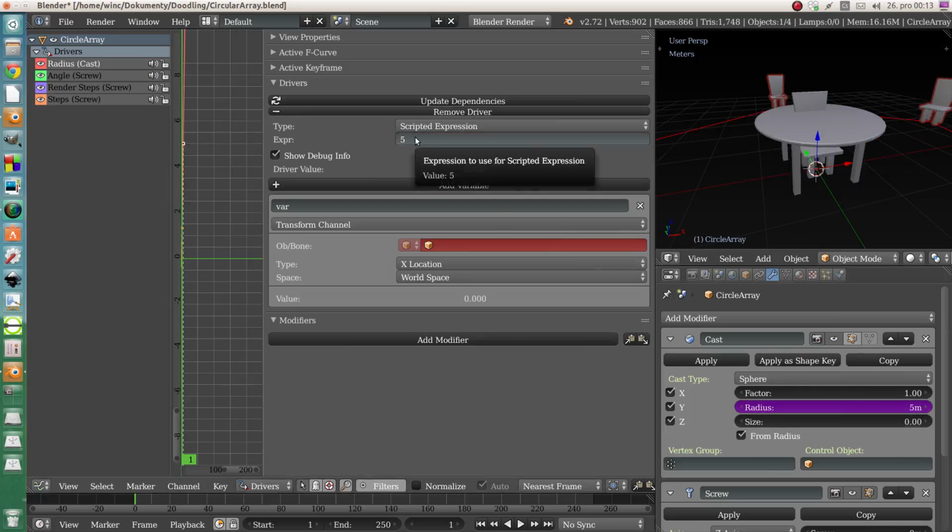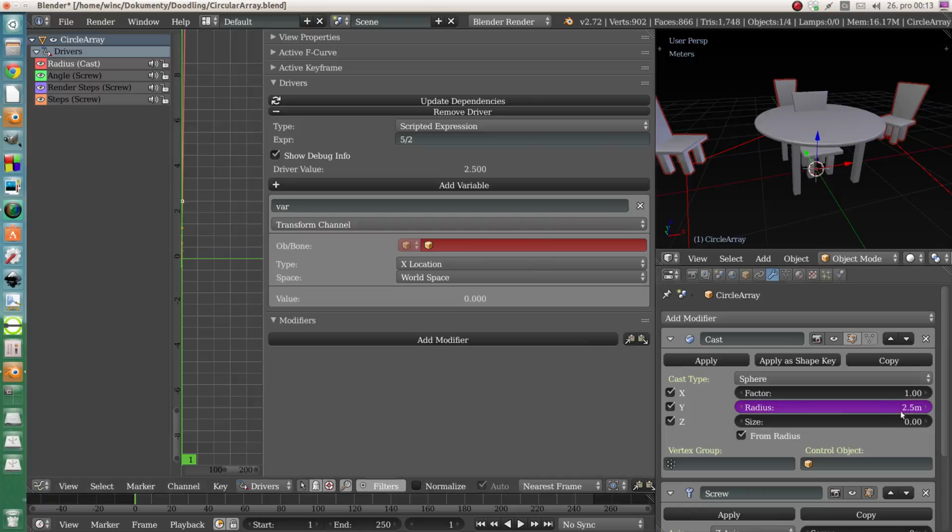Well, it seems like not really useful, because I can write the number right here, but here I can write expressions. So 5 divided by 2, for example, and it will be 2.5 meters. And well, in Blender 2.7 and more you can do it in all these columns, so it's still not exactly the benefit of the driver, but I can put there some variable,